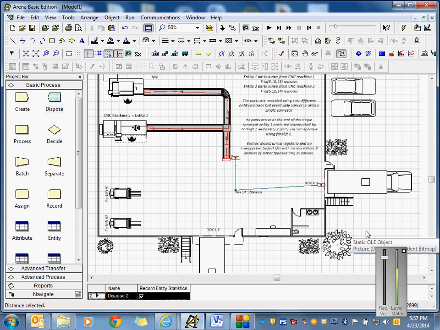Now I can guarantee you there's 2 main things missing. Number 1, you're not ever going to see a forklift unless you put a transporter on that distance requirement. So anybody remember where we get the transporter from? Right up here, this little cart. See the little cart up here for transporter? Grab the transporter, click on it,